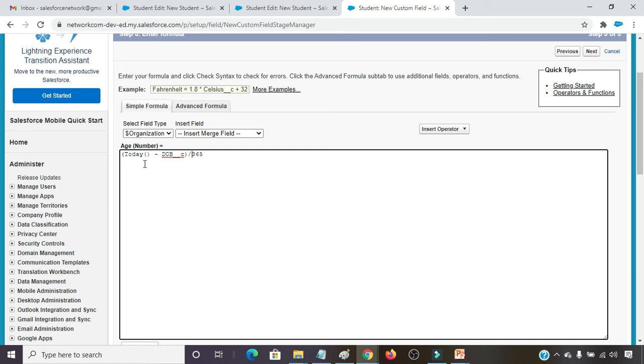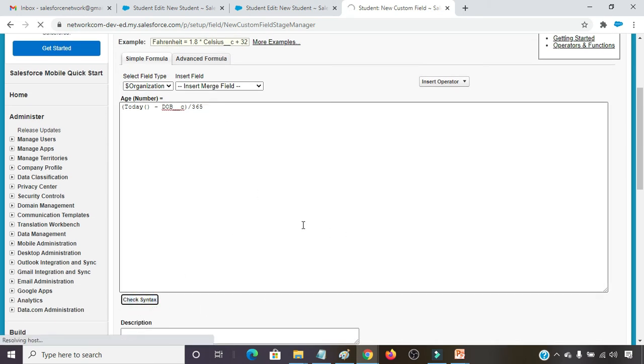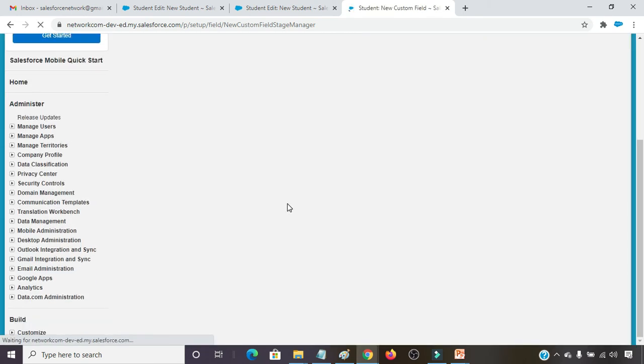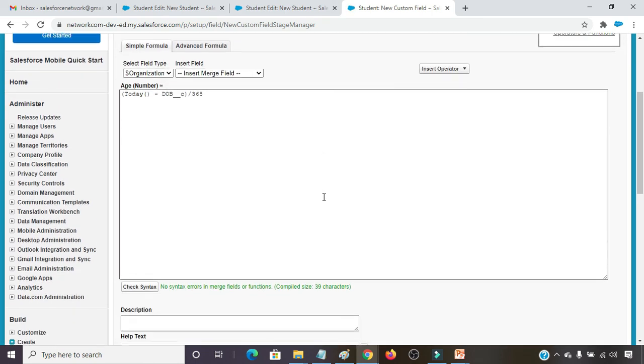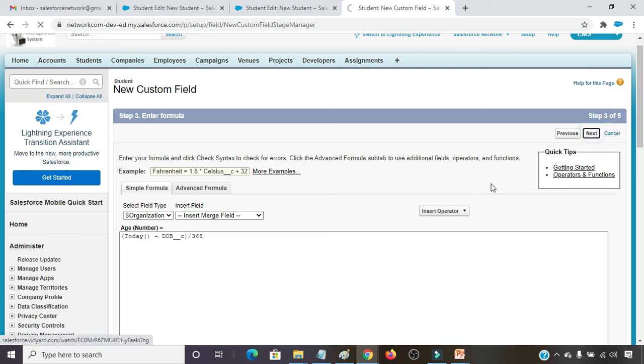This is the formula. It means this date of birth is subtracted from today and divided by 365. Check the syntax is right or not. So no syntax error is there. Click on next.